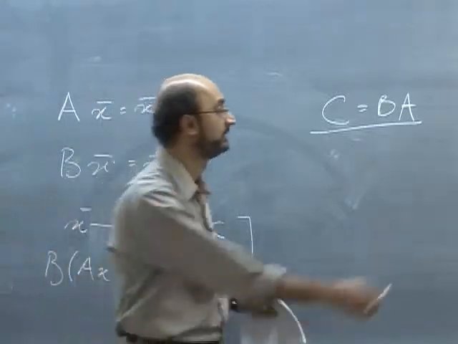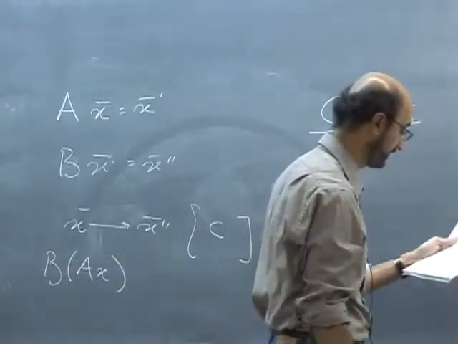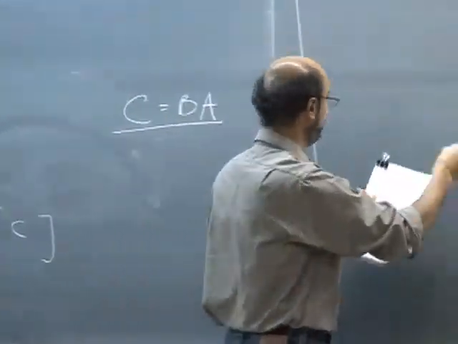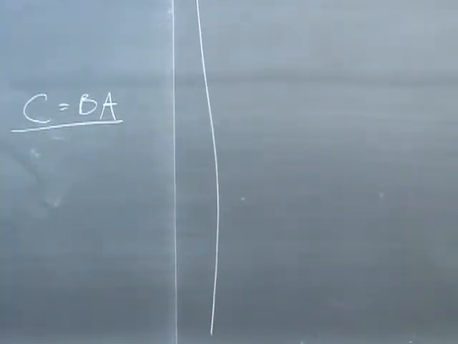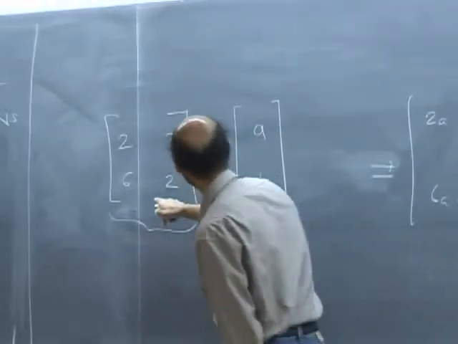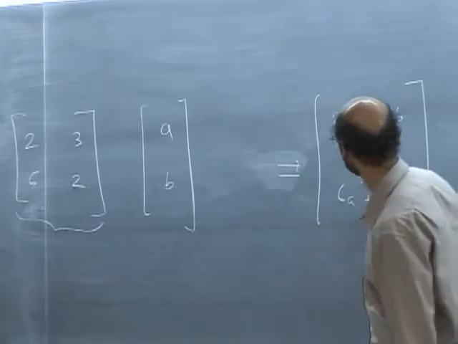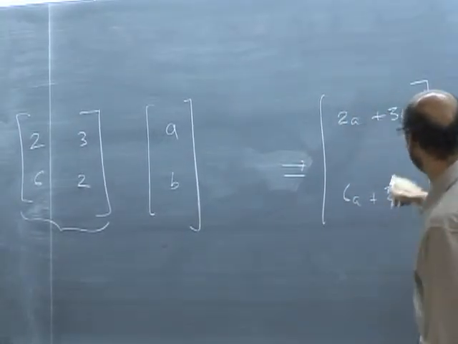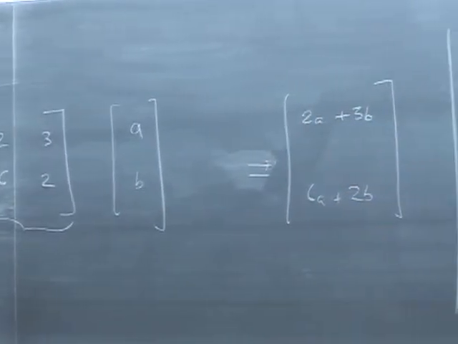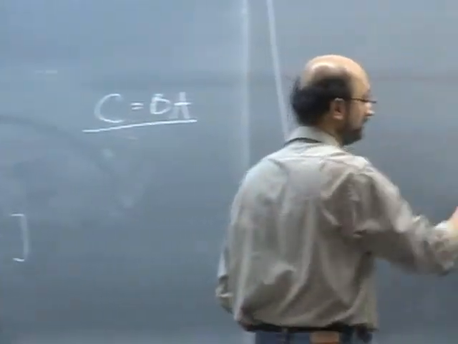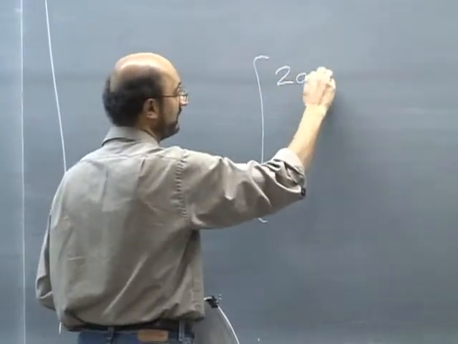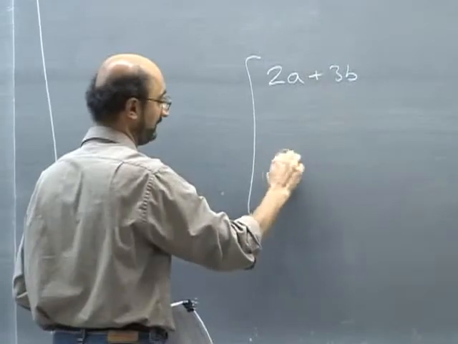To show this, let's just try it out. We've already seen this over here. We've seen that this matrix, 2, 3, 6, 2, is going to give us this transformation of 2a plus 3b, 6a plus 2b. Now let's take this vector, 2a plus 3b, 6a plus 2b,